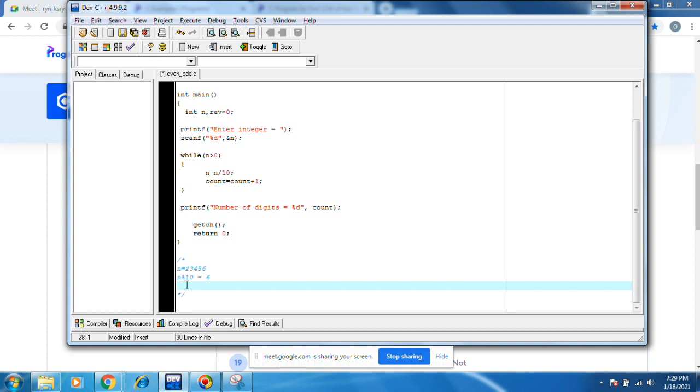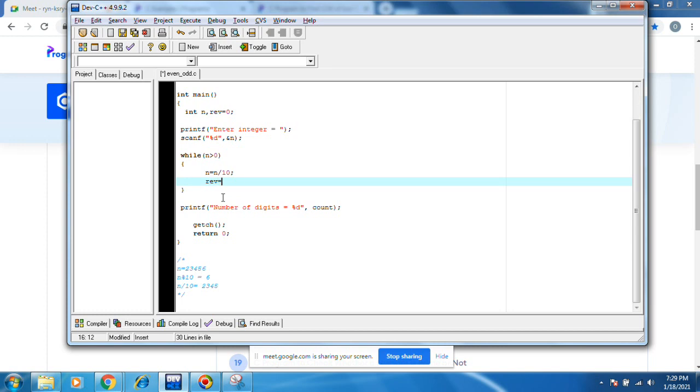And then n by 10 means this value will come. You see what we are getting? Every time we need to do n percent 10, and then we'll add this thing to reverse. That's it, simple.